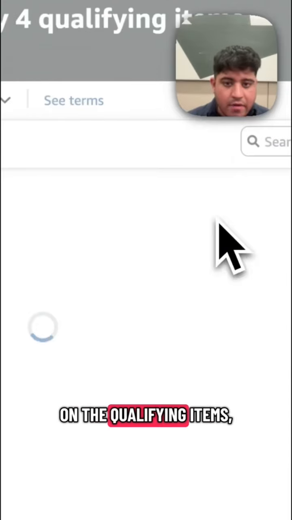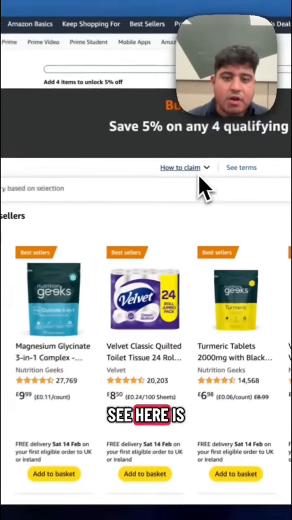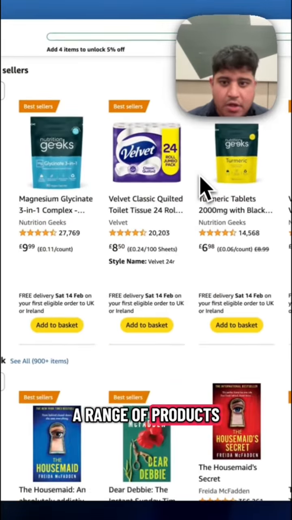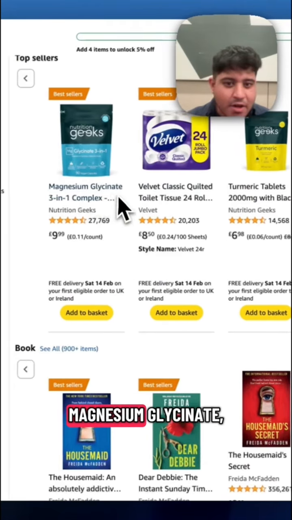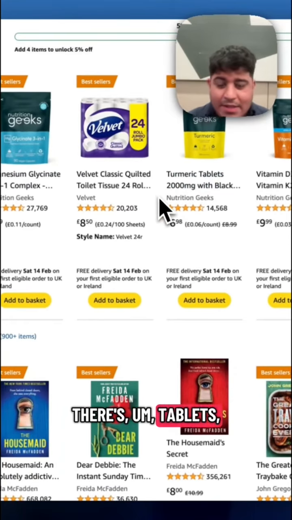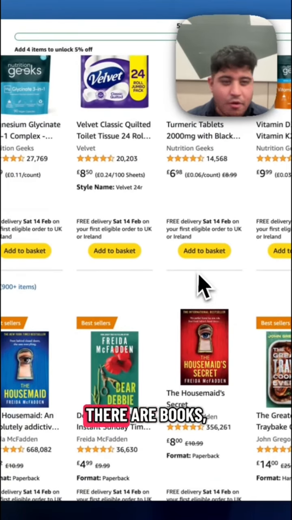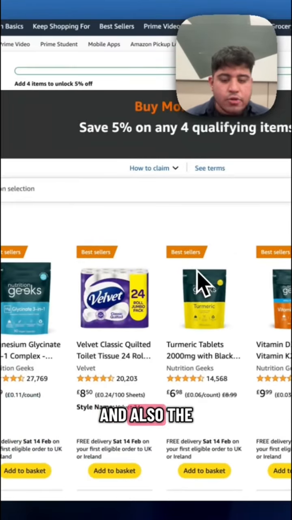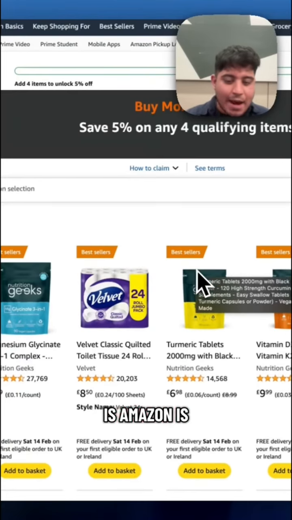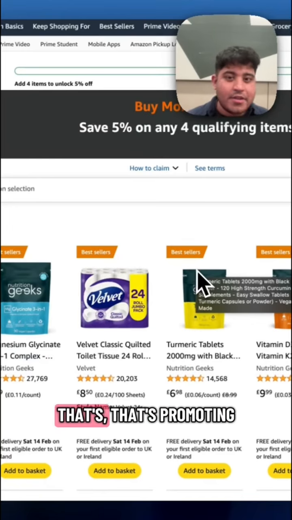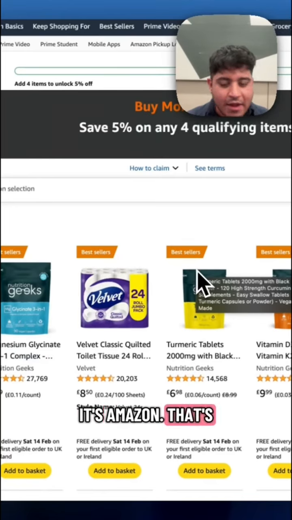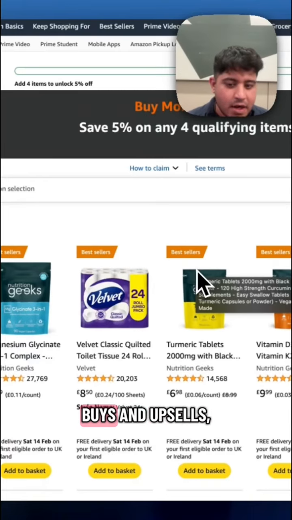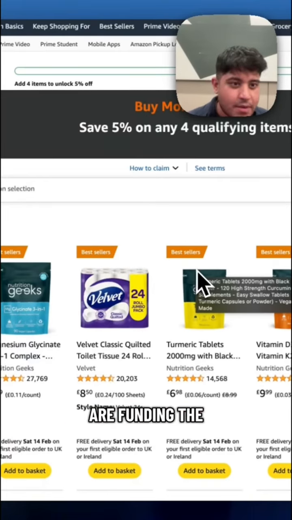When I click on the qualifying items, you can see a range of products that's not very relevant to what we just looked at, right? So there's magnesium glycinate, there's tablets, there's toilet rolls, there are books, there's all kinds. And also, the way this works is Amazon is actually funding this multi-buy. It's not even the seller that's promoting or has set up this multi-buy. It's Amazon. That's how much Amazon believes in multi-buys and upsells, that they themselves are funding the 5% discount on